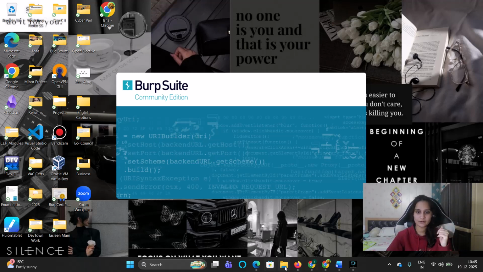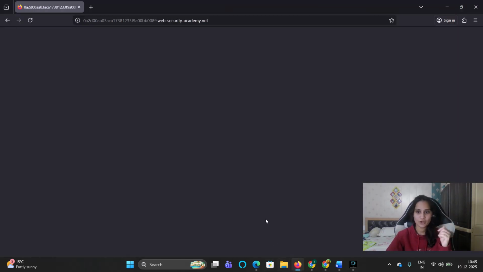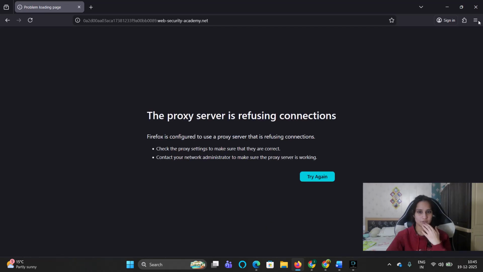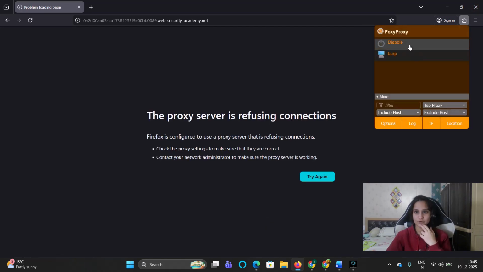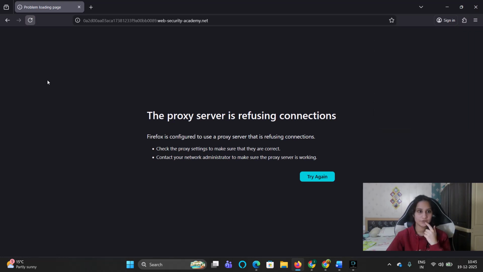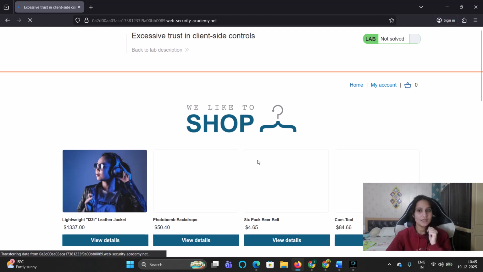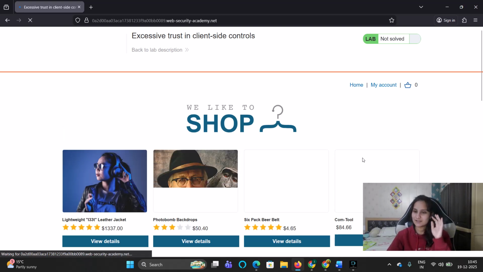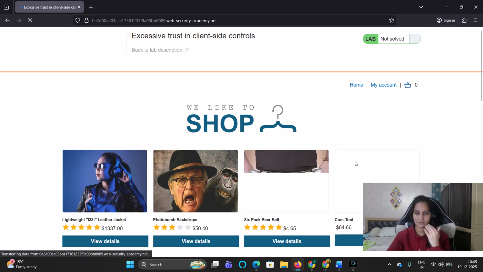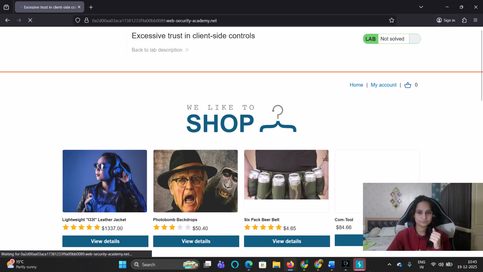Okay, the Burp Suite proxy is on. Let me first switch it off, because right now my Burp Suite hasn't opened up, so I'll disable it for now and load my website once again. Now, yes guys, you can see this is my home, this is my account, and let's go through all of the features till the time Burp Suite is opening up, and then we will proceed further. So we like to shop. Okay, it has opened up.